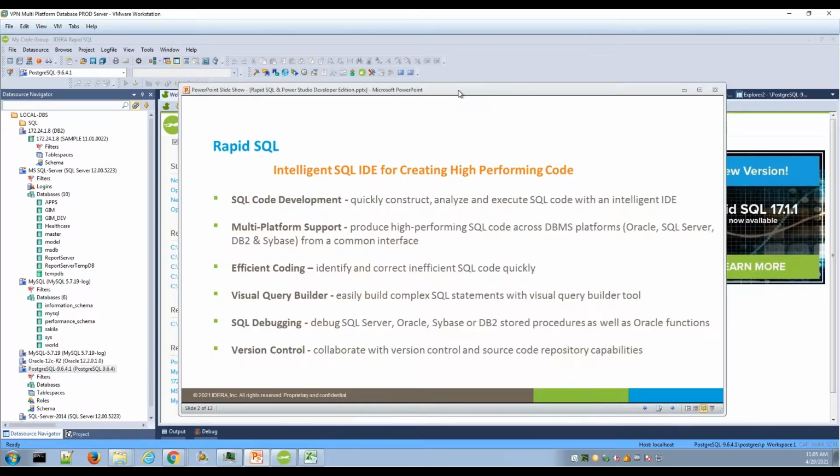There are different platforms. You can see the core platforms, the big vendor RDBMS platforms where Rapid started in the late 90s: Oracle, SQL Server, DB2, Sybase. Now we've added SQL Azure, Postgres, MySQL. We'll look at those in the next slide in the connection wizard. And then you have that bundle of features,